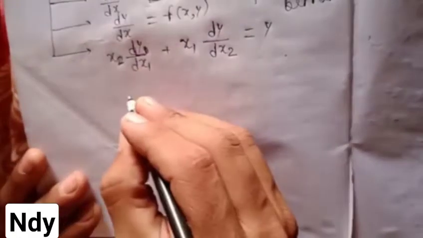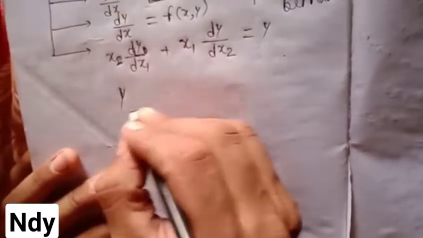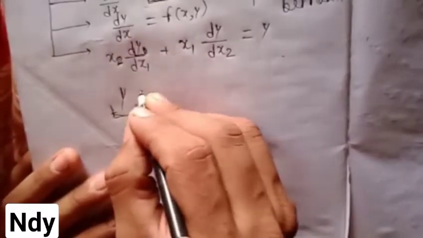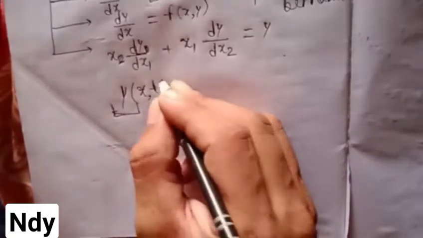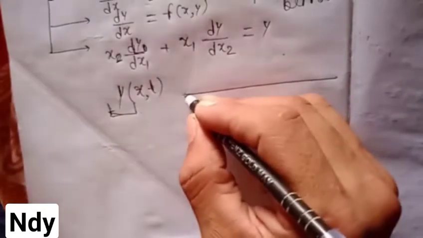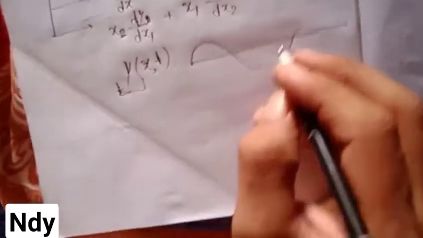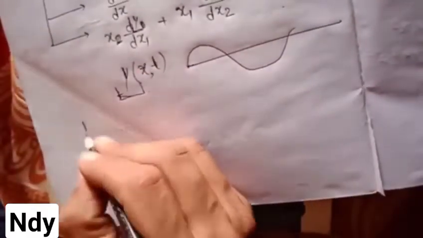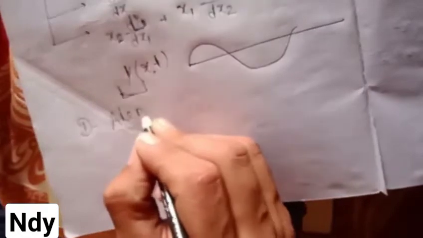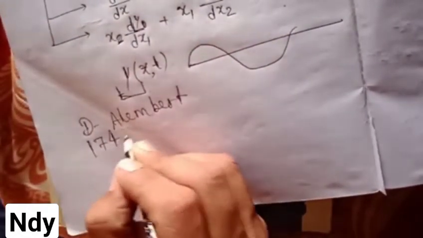If y is a wave function, a function of position and time, let a wave propagate in one dimension with time. So according to D'Alembert in 1746,